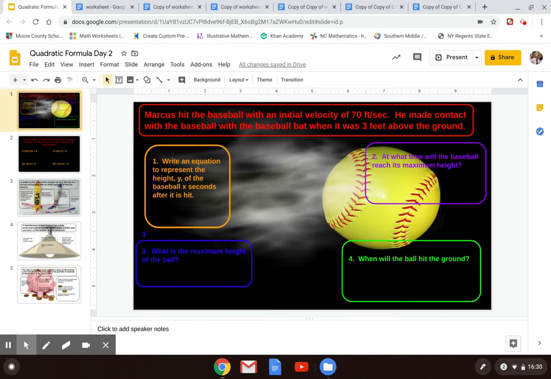Okay, so we'll jump right into what we were doing yesterday, which we've been learning about the quadratic function, and we've been learning particularly how this is used for objects that are in motion and projectiles and things that travel in an arc. And so we read, first of all, how Marcus hit the baseball with an initial velocity of 70 feet per second. He made contact with the baseball bat when it was 3